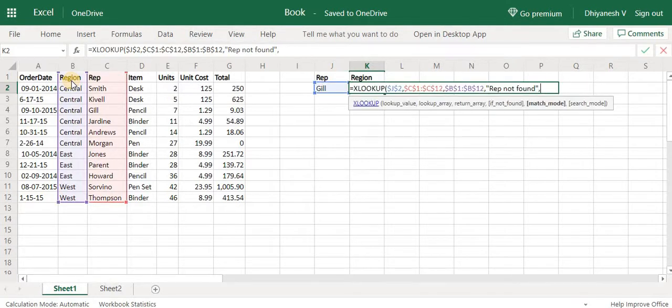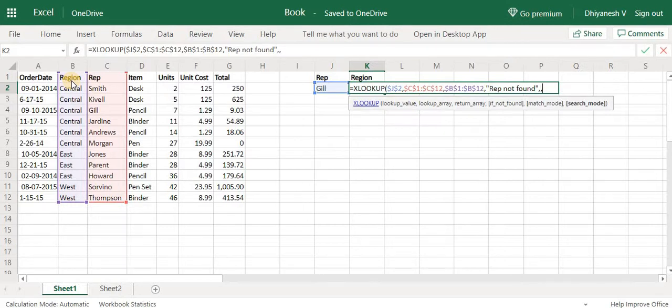And then the fifth argument is match mode. Generally we have match mode as true or false in VLOOKUP, which looks up for the exact match or approximate match. If you give exact match, it will give you a result only if there is the exact match. If you give approximate match, it will look for the exact match, and if it is not available, it will look for the nearest lowest number. This match mode can be explained only through a number. It is not very effective when explaining through text. So I will give you an example later.